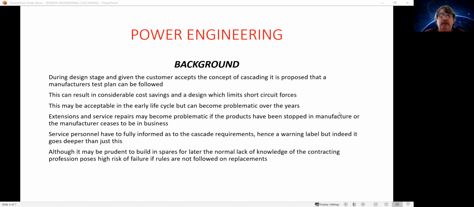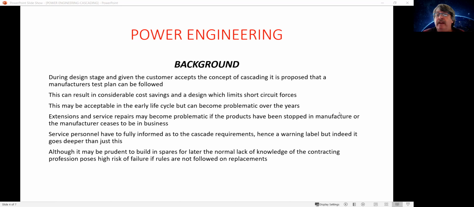So basically we could say that it's a cost-based exercise, but it has to be approved by the end customer. There are quite a number of industries in our local South African environment which never allow cascading to be used. Some of them are government type agencies where they feel that the initial advantage is lost as they go down the line once they get into the maintenance concepts,